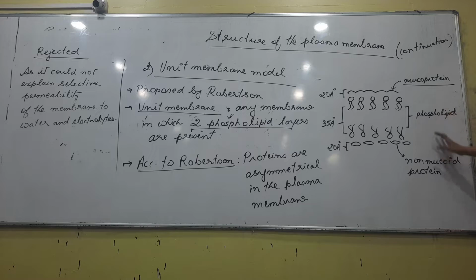Iman details nalage, kuntu protein ki ase teneke nalage, khali asymmetrical word to monot rakhiba. Next, obviously this was also rejected. Why was it rejected? Because it could not explain selective permeability. If you remember permeable, semi-permeable, selectively permeable and impermeable. If you are talking about the membranes, we discuss 4 types of membrane. So this model could not explain this nature of the membrane, why they are selectively permeable.